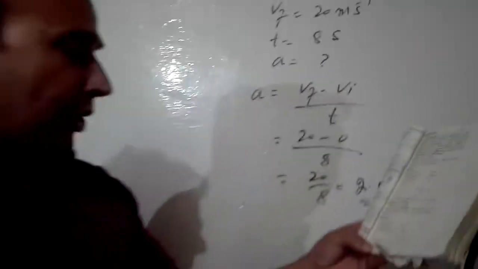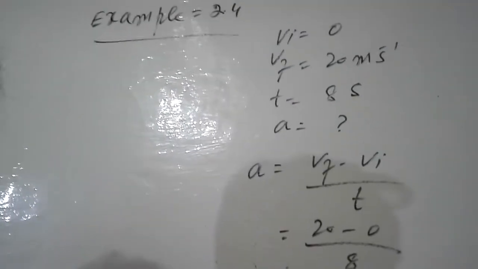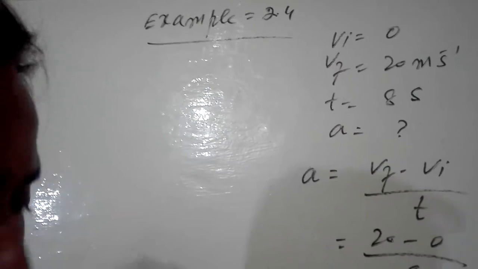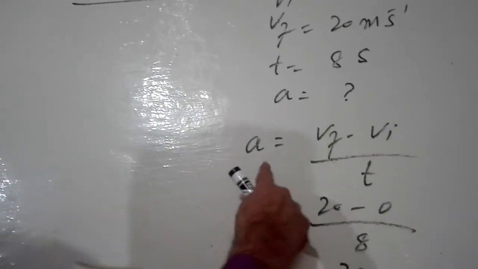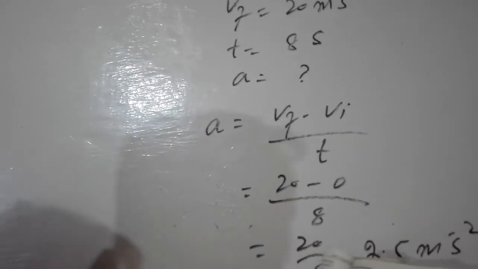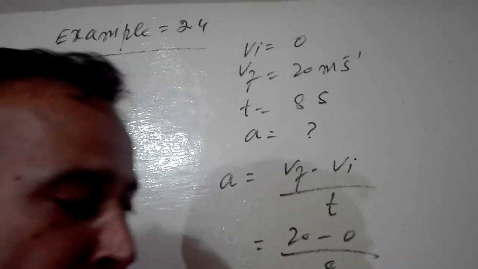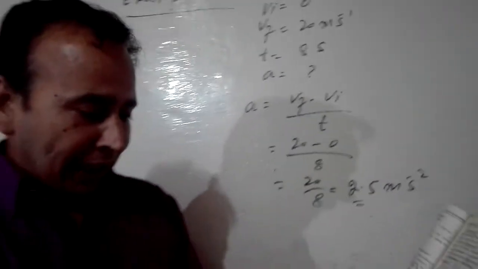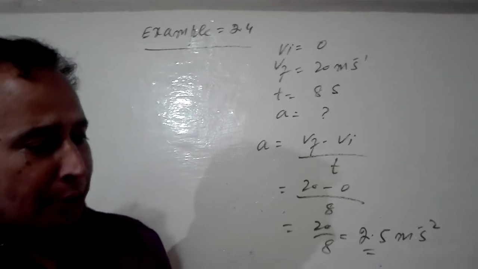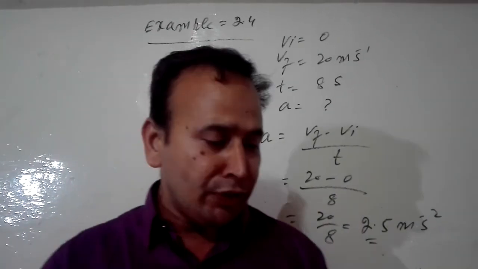And what do you have to find out? He has asked you to find retardation, that is acceleration. So for acceleration, again you have to use this formula, A equals Vf minus Vi over T. The time they have given to you, so just put the values and find the acceleration. The answer must be negative. Okay, I think you will solve it, because this example is already solved in the book. So if you find any problem, you can discuss with me.